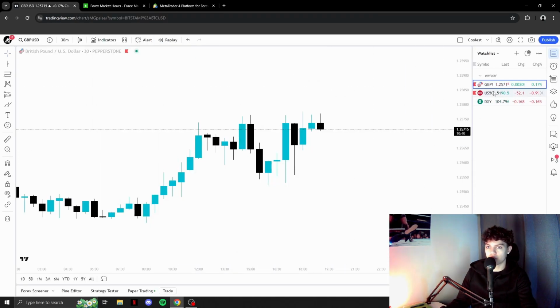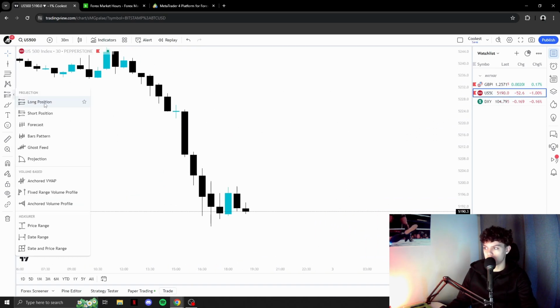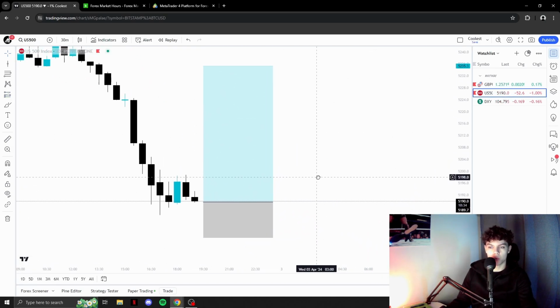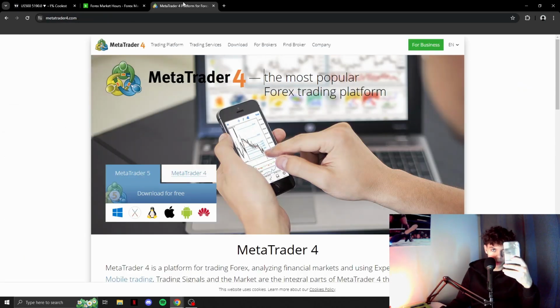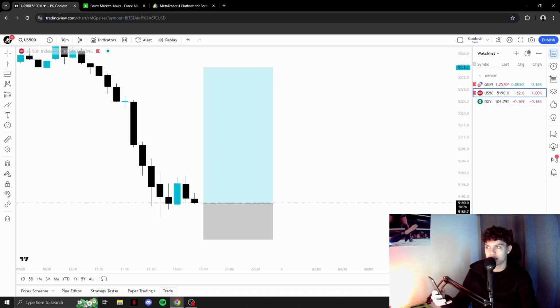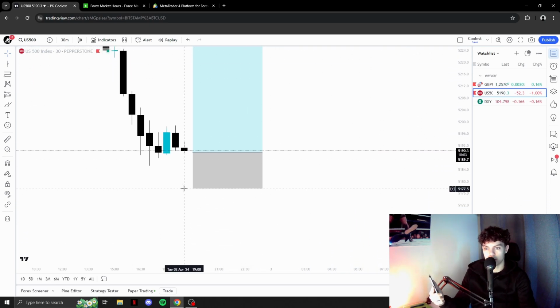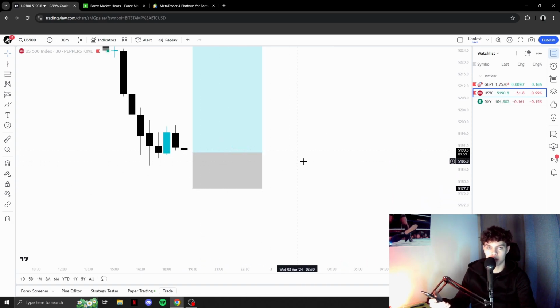Let's say, for example, you see a setup. This is the setup. You're like, okay, wow. So what you're going to do is go on your phone, MetaTrader 5 or 4, or whatever platform your broker gives you. You're going to simply check these coordinates right here, 5235.3, and right here, 5177.7. This is the stop loss.